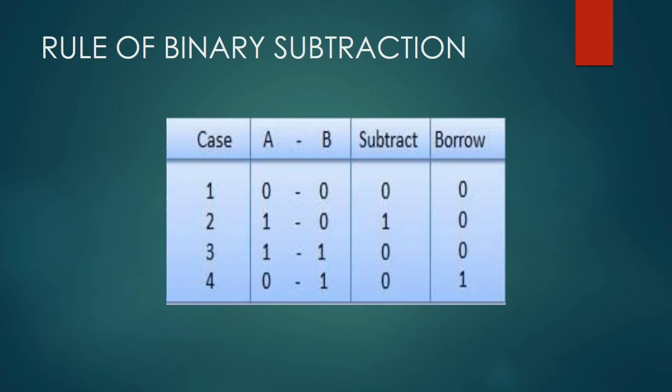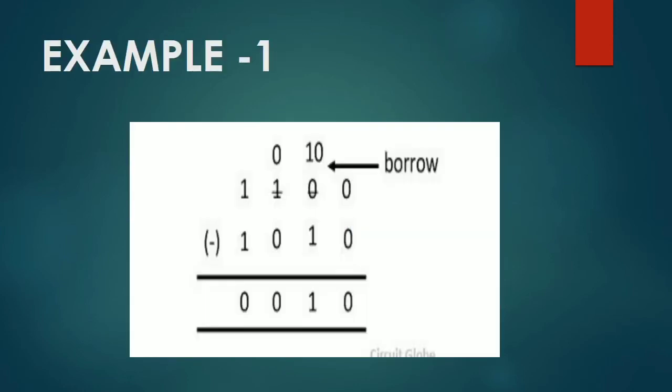For a binary number with 2 or more digits, the subtraction is carried out column by column, just like a decimal subtraction. Also, sometimes one has to borrow from the next higher column. Please consider the example.